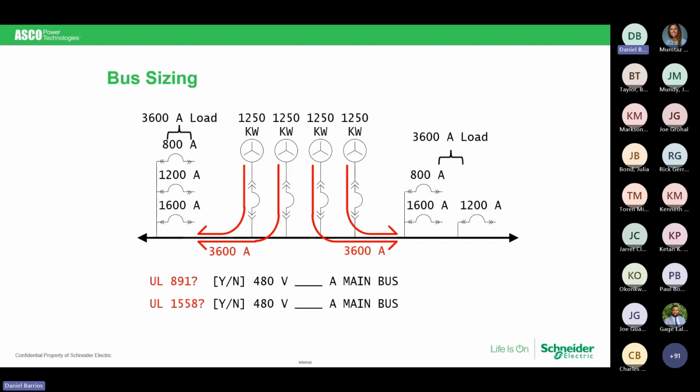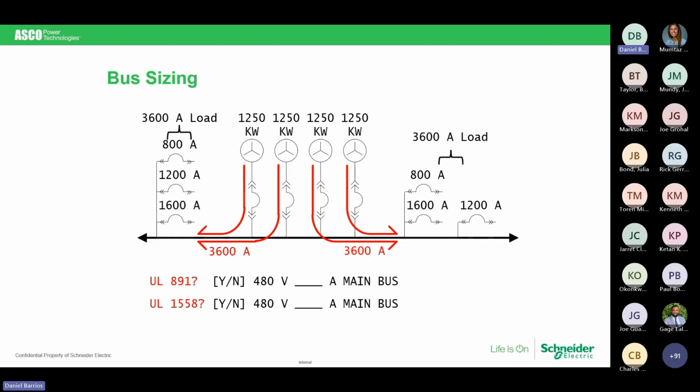If I simply put my distribution on either side, now I'm flowing current both ways. Mumtaz reached out to me on this. In this specific application, I understand there's 1880 per generator going left and right as indicated. But there is only 3,600 amps of load on the left and on the right. Therefore, the 3,600 is flowing each way.